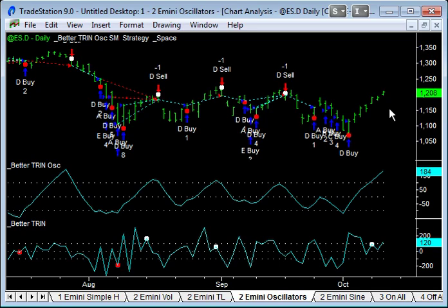Not that I'm trading this. I haven't been trading beta trend for maybe a year now. I still think they're very good systems, but there's just too much volatility, and there's enough volatility during the day for me to make good money and take my day trades without having to worry overnight and have positions with big gaps and moves overnight. But beta trend's still really helpful in terms of showing me the way, directionally, what might be happening. So we're overbought, we've got this bearish divergence signal in, we'll have a turn down in this indicator,